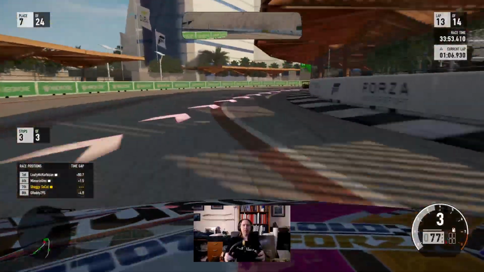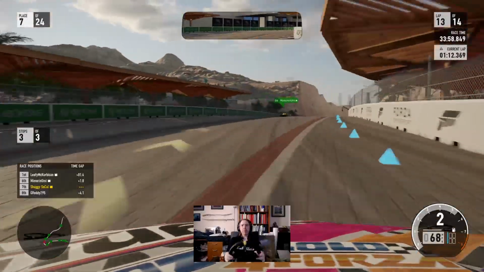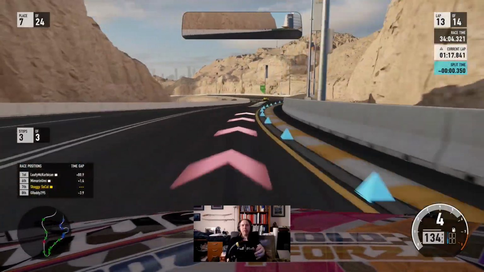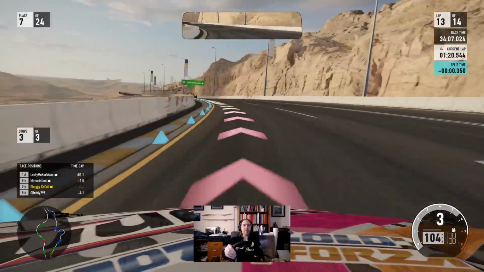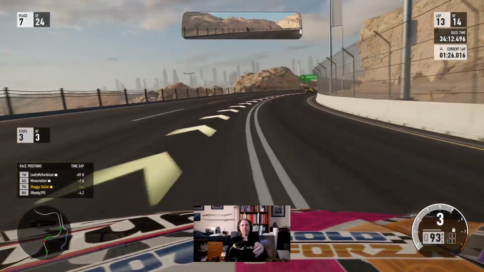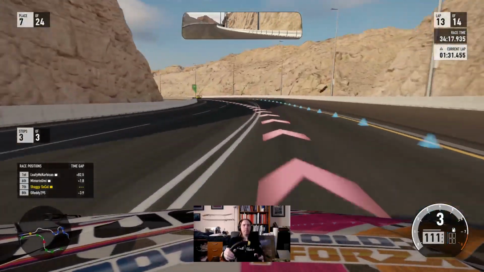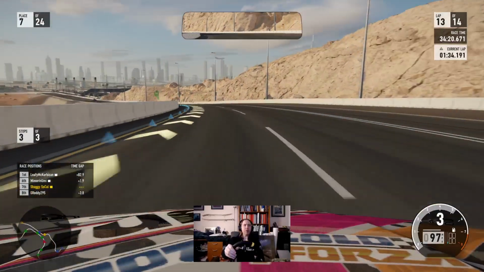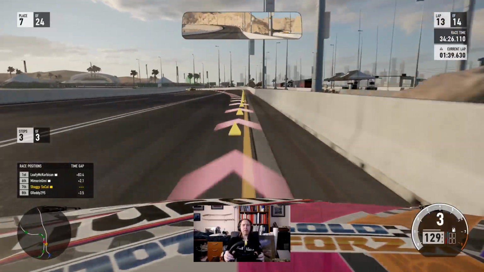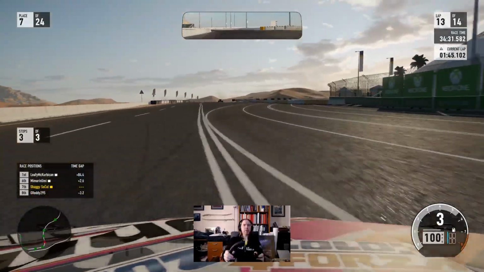Downshift a little bit too soon. So yeah. The board is definitely the turn in. The red arrow is the braking. Turned in a little bit early. I'll salvage as best I can. Be greedy. Aim for the...